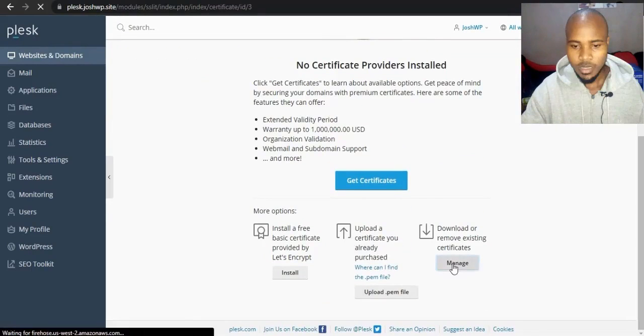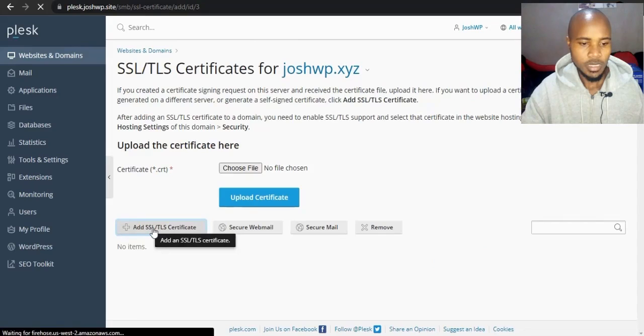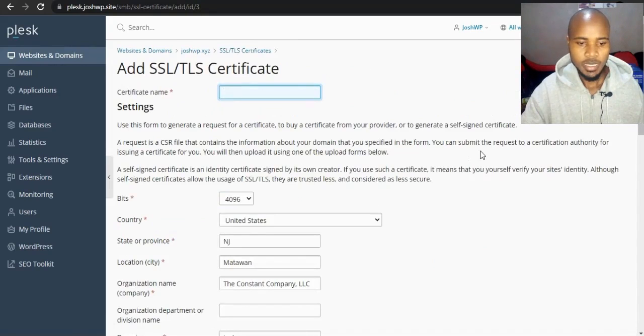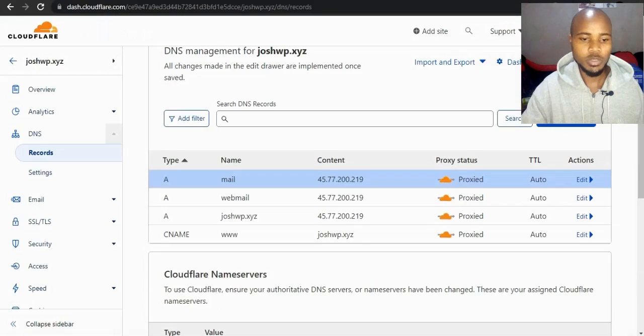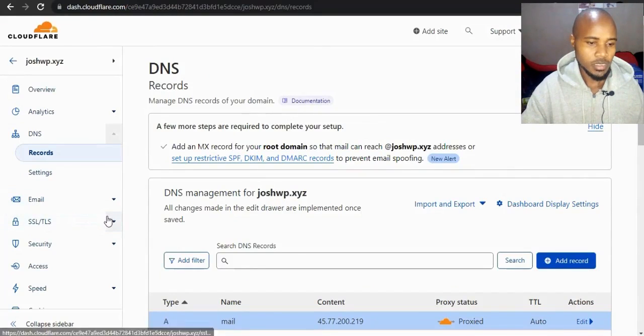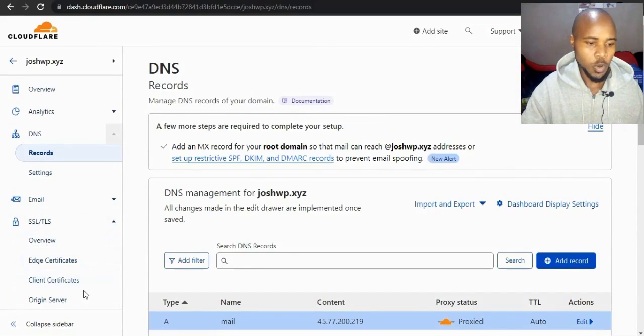Scroll down all the way, click manage, click add SSL certificates. Want to name it Josh. You can say Cloudflare. You can give it any name as long as you can remember it. And then we want to go down. So go back to Cloudflare under SSL, click origin server,